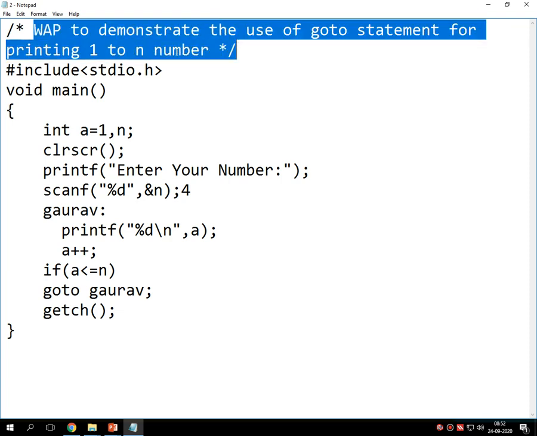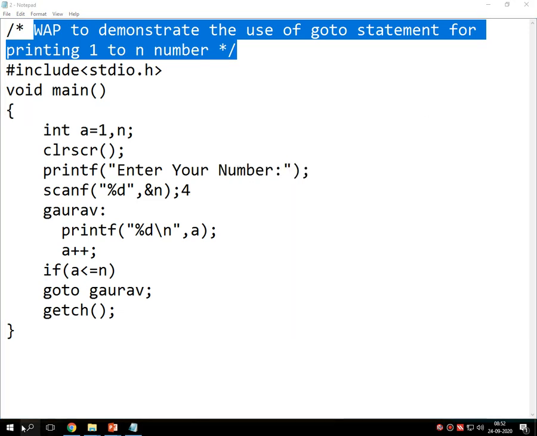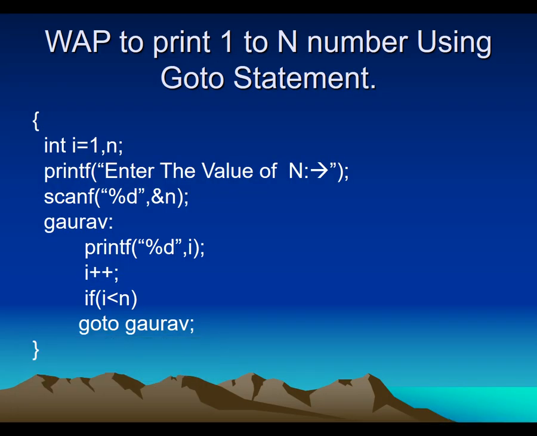So I hope all of you are clear about what I am trying to say. I know there is a lot of confusion about this go to statement, but it clears up day by day as we practice the code for the go to statement and the repetition of statements using the logical structure called go to statement.